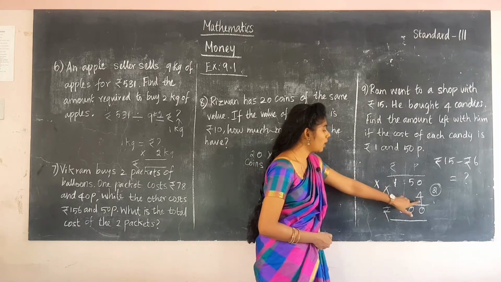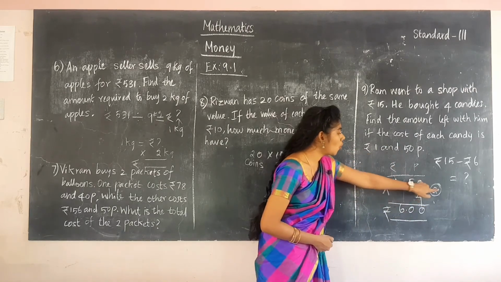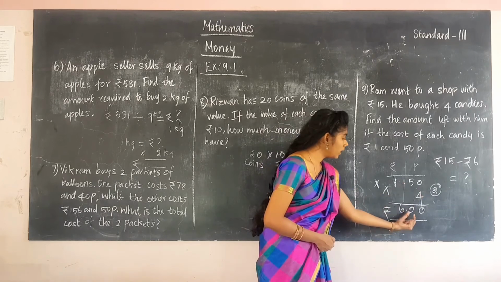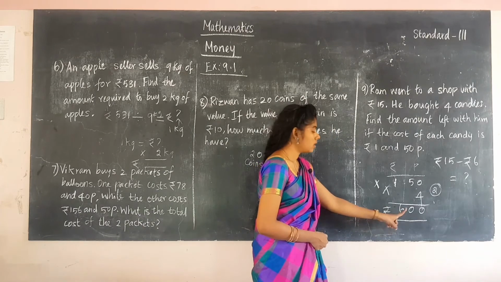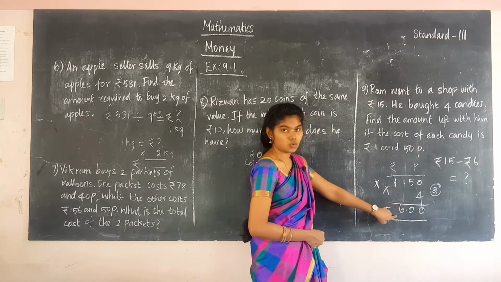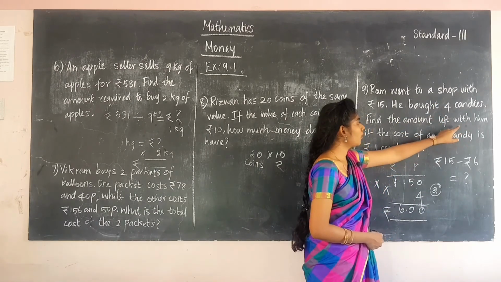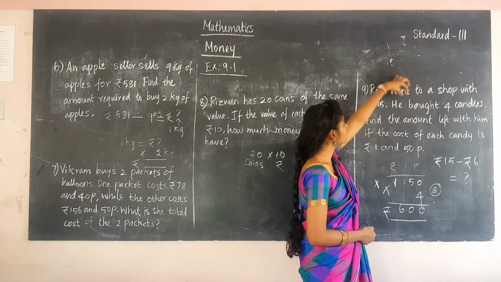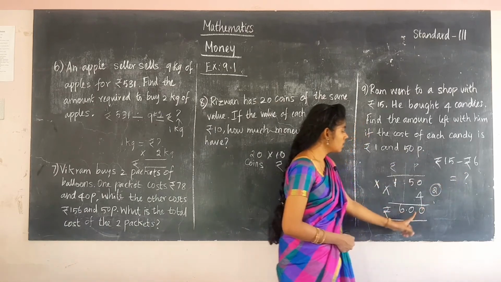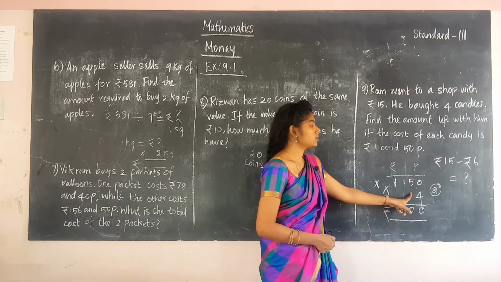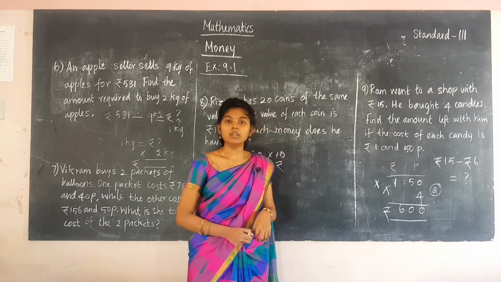Now multiply: 0 and 4 is 0, 5 fours are 20, I have written 2 here, and then 1 four is 4, 4 plus 2 is 6. In the last two places we have got 0 0, so 0 paise, and this is rupees, 6 rupees. For 4 candies, 6 rupees. Now to find the amount left with him, we have to subtract the number 6, the amount he paid for the candies, from the amount he went to the shop with. So you will find the remaining amount. Do the homework that I have given you. Thank you, students.